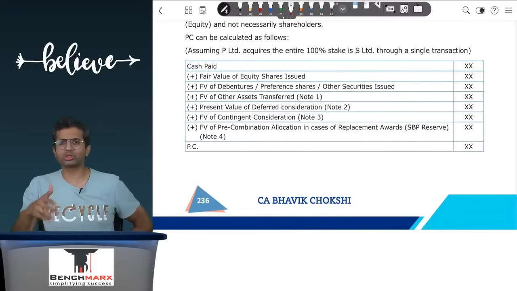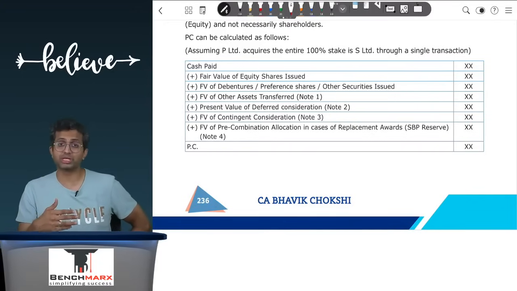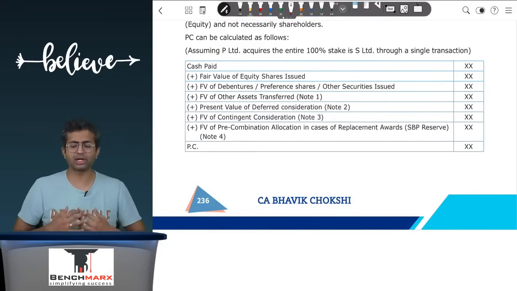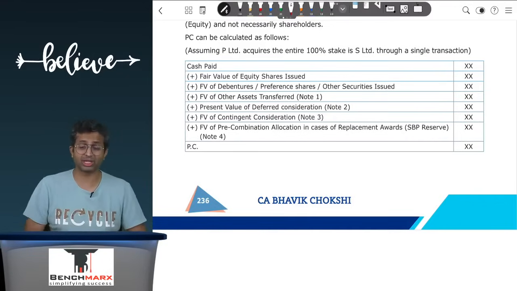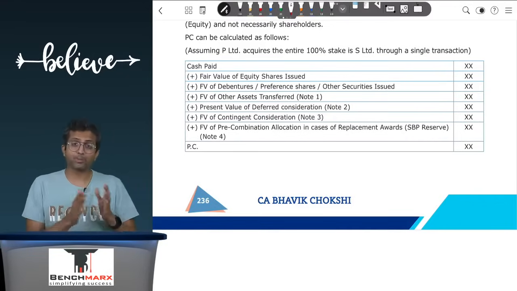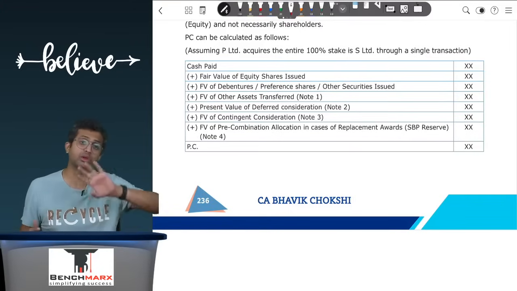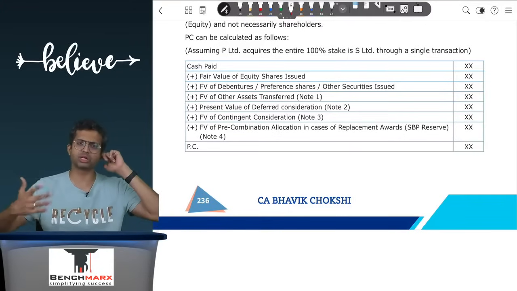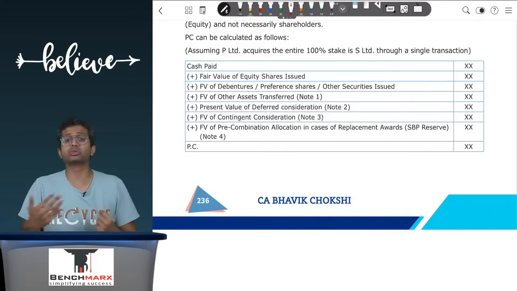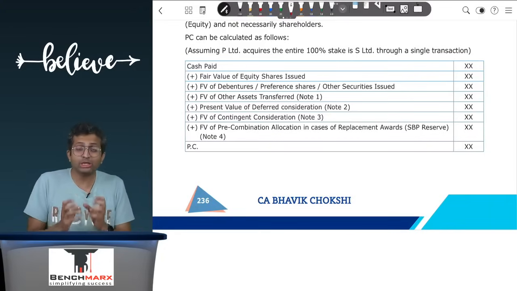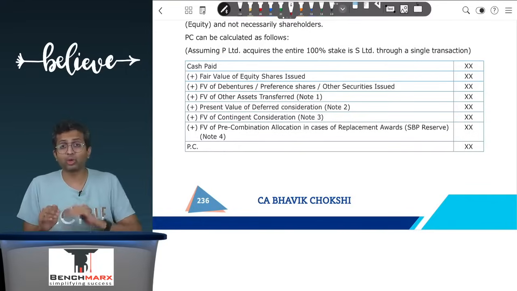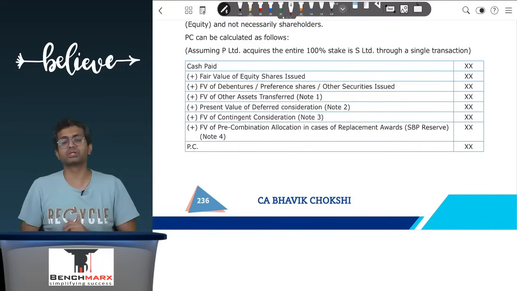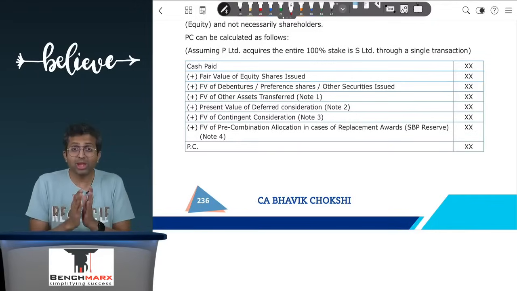Now shareholders become immediate owners. However, in case of ESOPs, I might agree to issue my shares as a parent company at a concessional price. However, the employee has to render, let us say, 5 years of service, out of which 2 years have been served and 3 years are remaining, and hence what I am agreeing to issue is worth 80 rupees. Then in order to earn that 80 rupees, the employee has to give service for 2 years, which he has already given, but he still needs to give service for another 3 years.